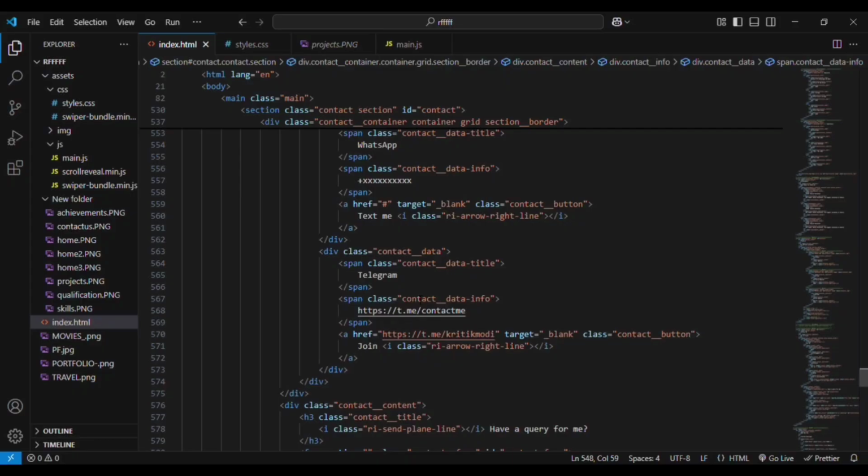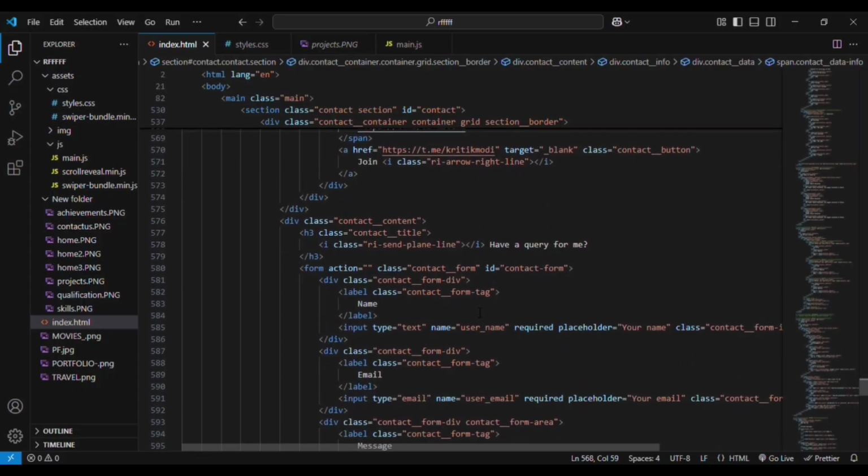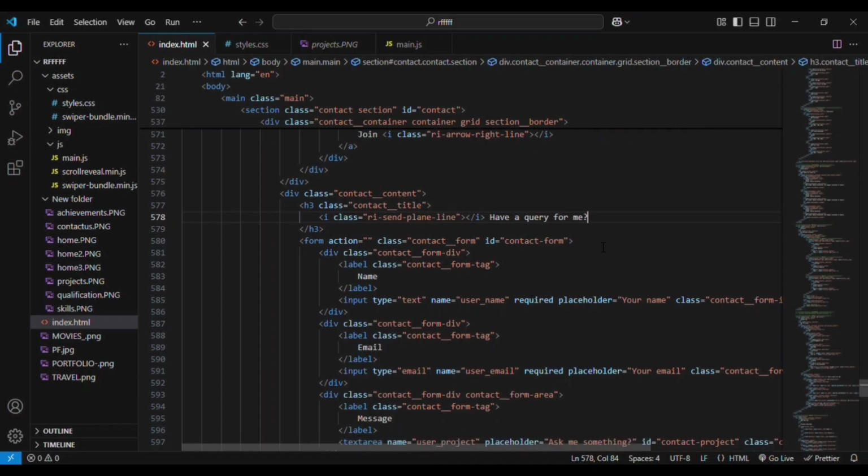And then we have another div, that is the contact div. Inside this we have added the same thing, copied exactly. Then we have another div, that is the contact content. Then we have an h1 element, that has a unique ID, that I used for the heading tag, and we have also added a send plane icon to it by using the i tag. Then the form